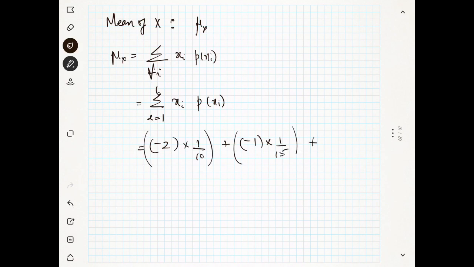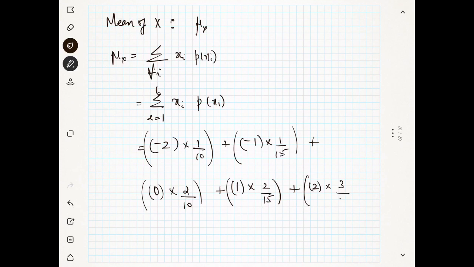Then you take another one, 0 as the random variable, multiply with 1 by 5, that is 2 by 10. Then plus another random variable is 1, multiplied with 2 by 15, its probability, plus 2 is the random variable, multiply with 3 by 10,